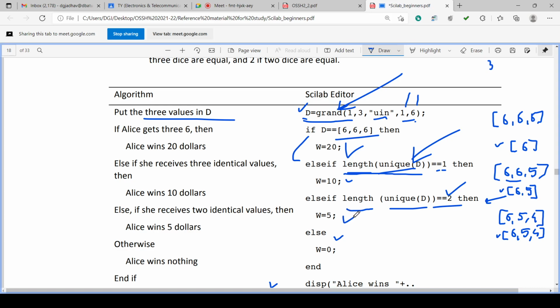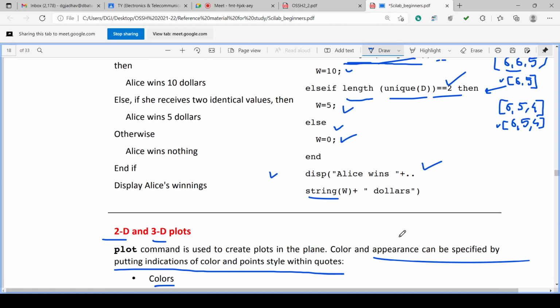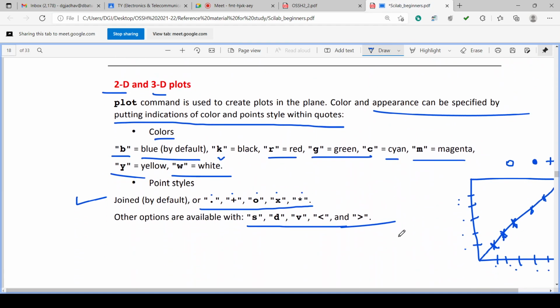Then W is 5. Otherwise W is 0. And then display: string plus string W. W is converted into string. So W is whatever value, 20, 10, 5, whatever is coming, and dollars. So in this way the program can be written.